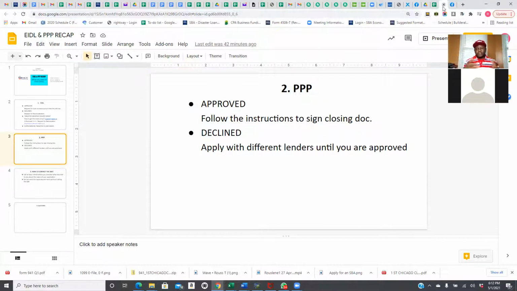Just follow the instruction, sign the closing document. Pay attention to something now. Why? Because once you are approved, you are now also eligible for the PPP2, which was not the case at the beginning. That's the reason why signing the document is crucial, because as you are doing it, pay attention to the